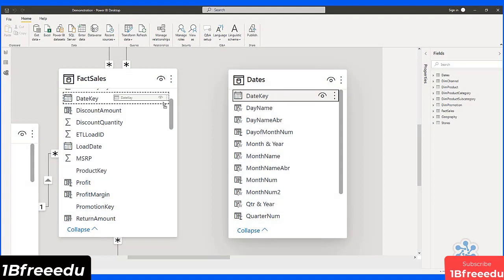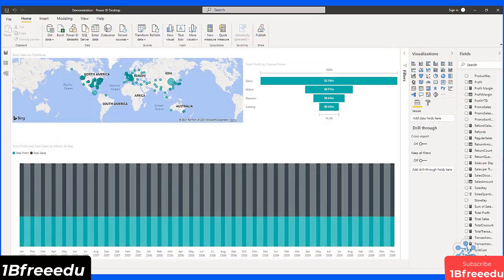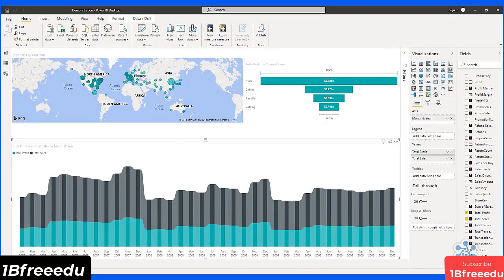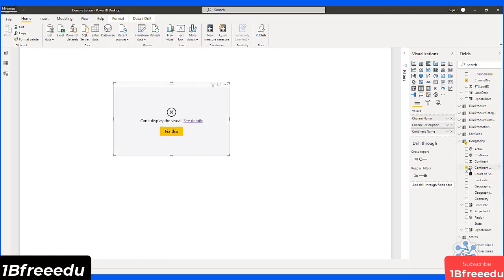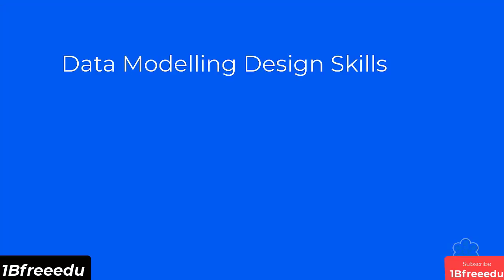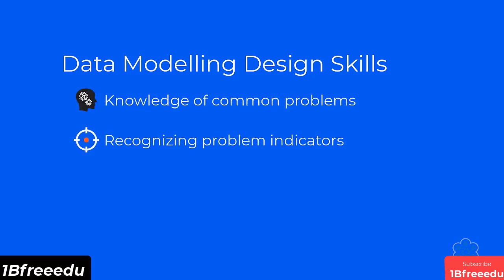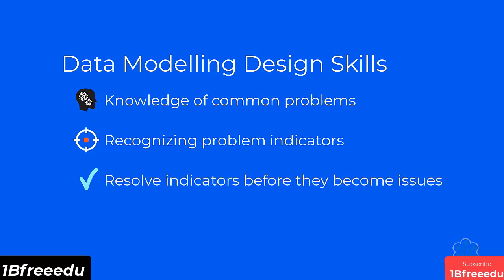Most of the time, we will need to define or program the relationships between the data ourselves. And the way we define these relationships is extremely important as it has various downstream impacts. Furthermore, not all data will automatically play nice with the other data in the model. So much of data modeling competency involves being aware of common problems, recognizing problem indicators within our datasets, and having the tools to resolve those items before they manifest as issues downstream for the user,